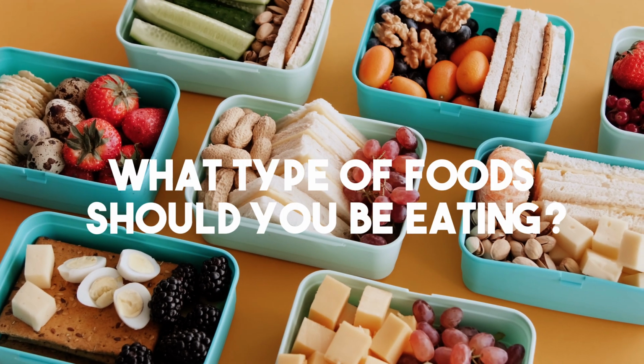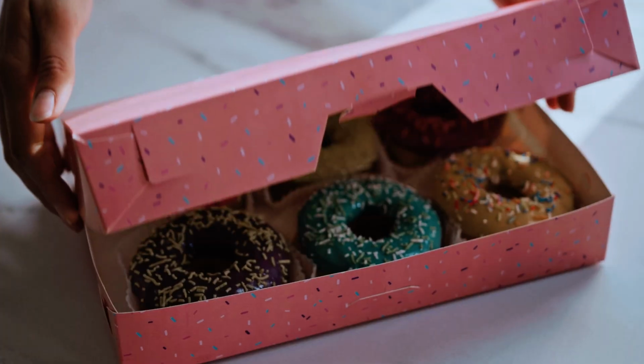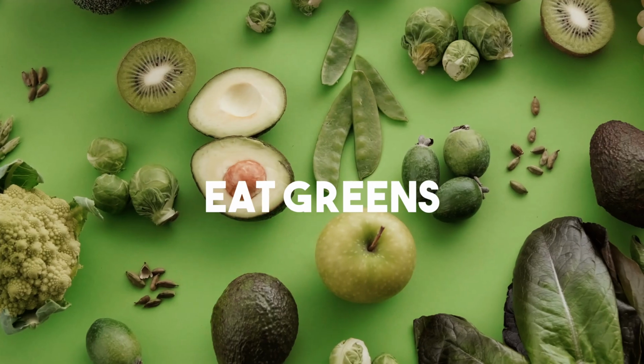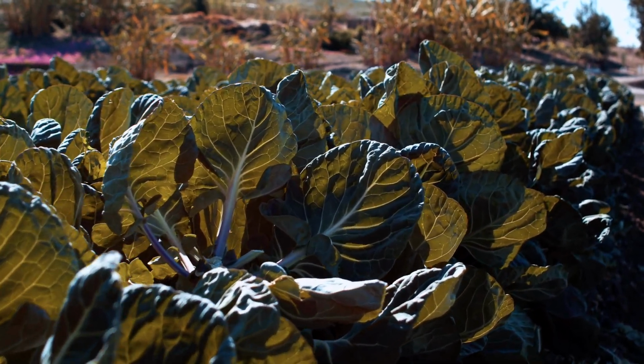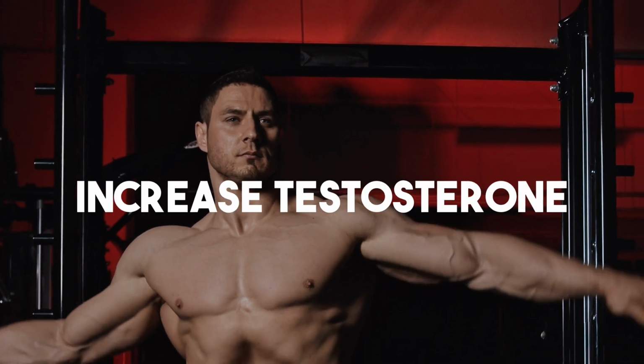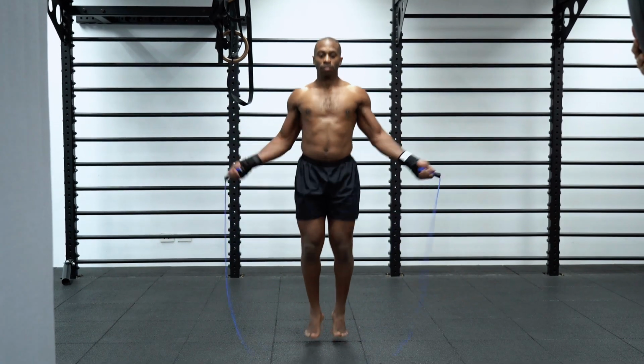Okay, but what type of foods should you be eating? Well, you can't eat processed foods, you already know that, and everyone says to eat greens and to eat healthy. But why? Well, the reason why you want to eat greens is because the vitamin K in greens will help lower estrogen, help increase testosterone, and will lower all body fat around your waist, hips, lower back, and even your